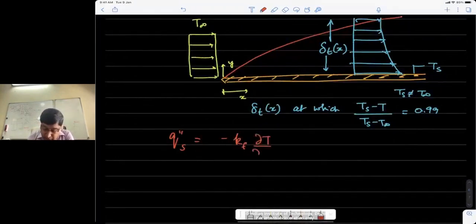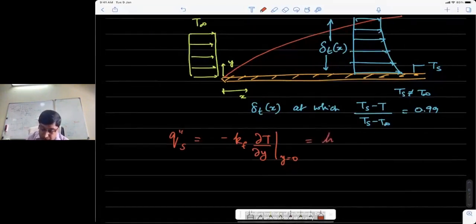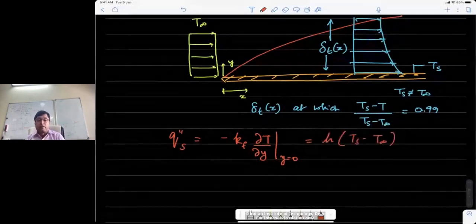So we can write heat flux to be minus kf dT/dy at y=0, for the reason that at that location there is no bulk flow. You will see there, because of the boundary layer, you will see layers of layers. The particle next to the solid will actually have some velocity, and then the velocity keeps increasing. But at the surface, there is no bulk flow. So the flux is only because of conduction, but this conductive flux is then carried through the layers by bulk flow. So by Newton's law of cooling, this becomes equal to h times (Ts minus T infinity).